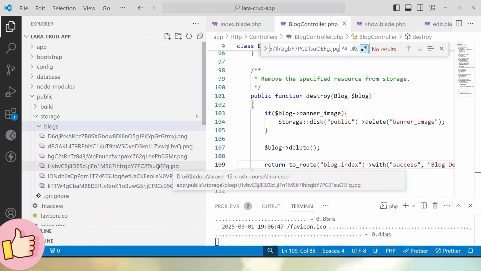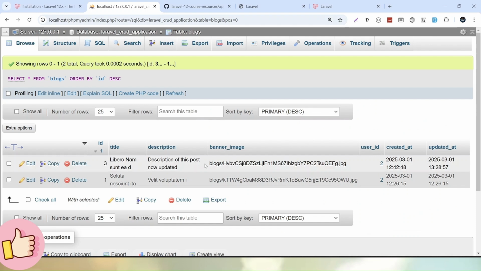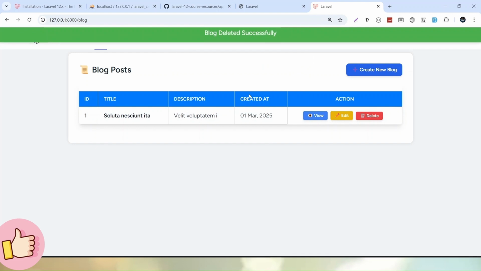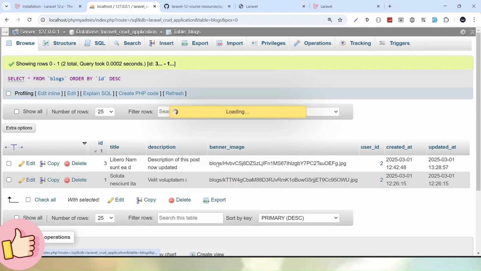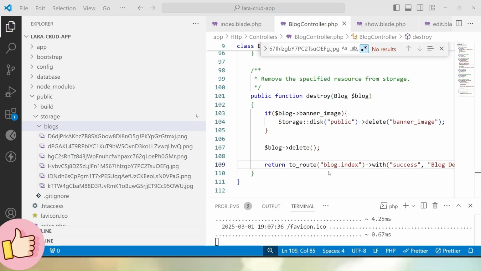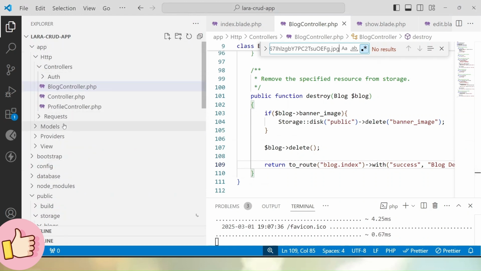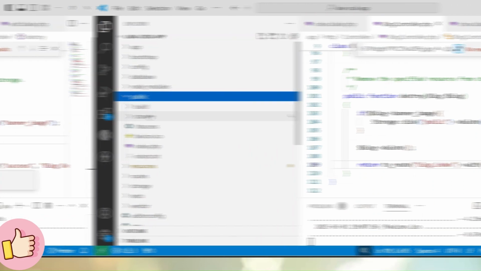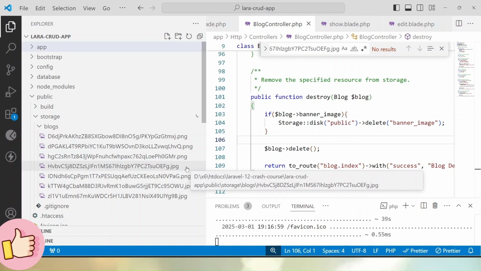So this is the name of the banner image, like here what we had searched. Now let's go and delete blog number 3. If I reload blog number 3 and click on the delete button, okay, blog deleted. If I go to the table, we can see the blog deleted. And if I go back to the folder structure, let's reload, go to the public folder. And okay, I can see that it is not able to delete the storage banner image